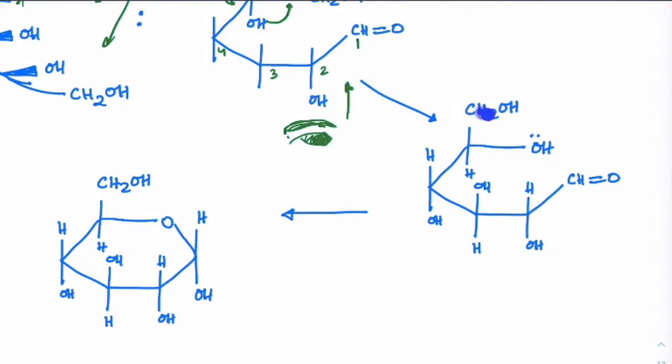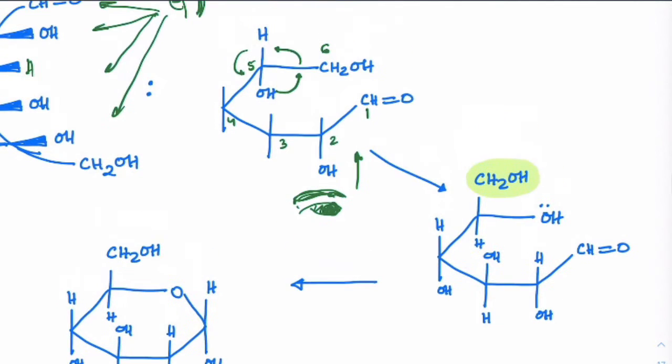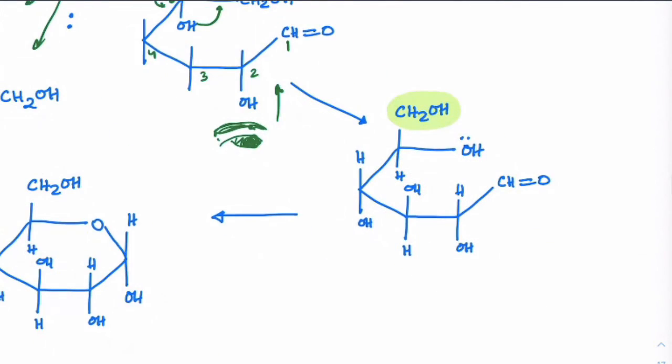Can you see that? CH2OH will come up. A lot of students will always have this doubt: sir, how is CH2OH up? Now you can see when you put the entire skeleton, you will be able to observe it. CH2OH will come up as you rotate this by 90 degrees here, 120 degrees here, this H 120 degrees here, this OH 120 degrees here. Now this OH can interact with CHO. After interaction, this carbon, which is sp2 right now, will also become sp3 and will have two groups, up and down.